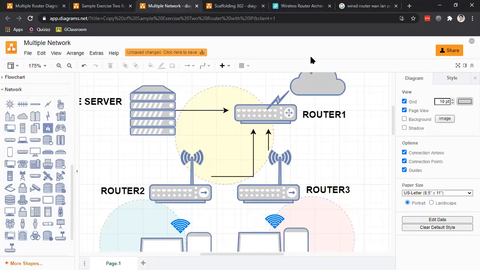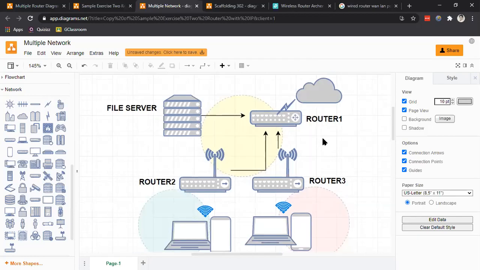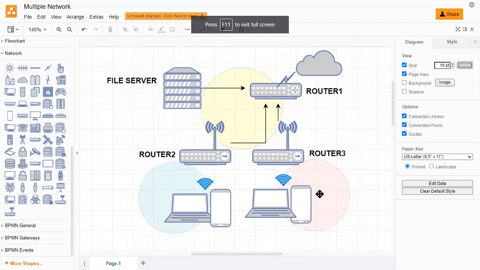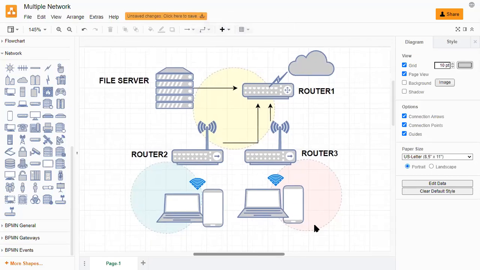So this is the diagram that we will work on in this session. As you can see, the main router is connected to your internet and connected to your devices in your network. You have a second router connected to your network here, and a router connected to your main router. Now,